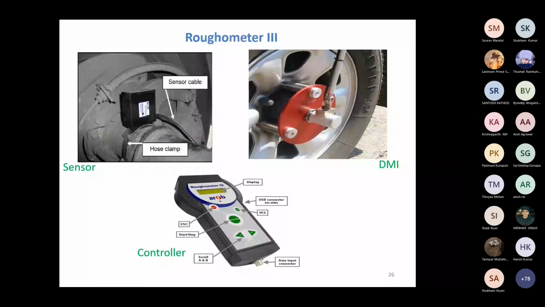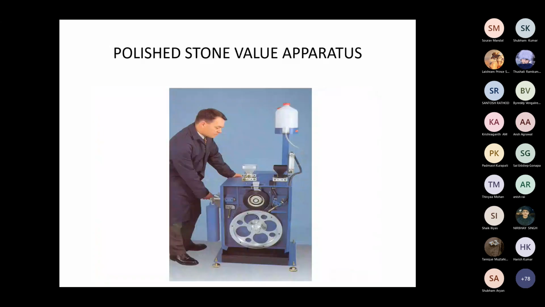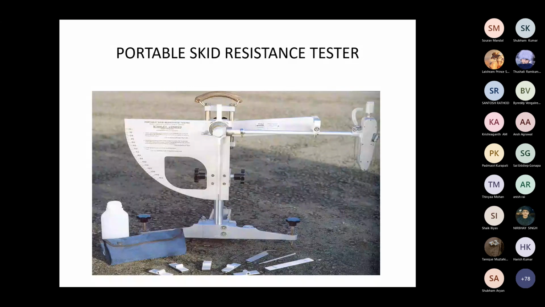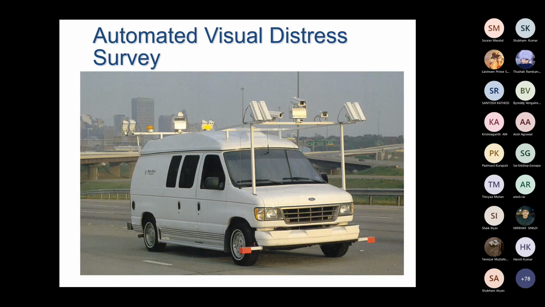Okay, this is the dynamic skid resistance tester which can be used on the road. This is a portable skid resistance tester. Okay, either in the lab or in the field you can find the skid resistance of any surface. You can find out with this a polished stone value apparatus, and all these distresses you can find automatically using